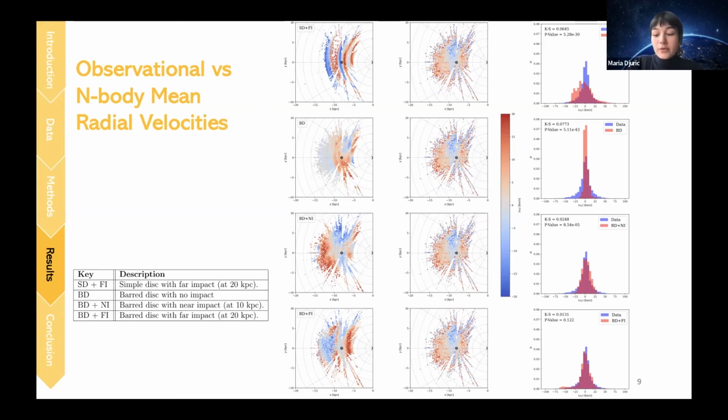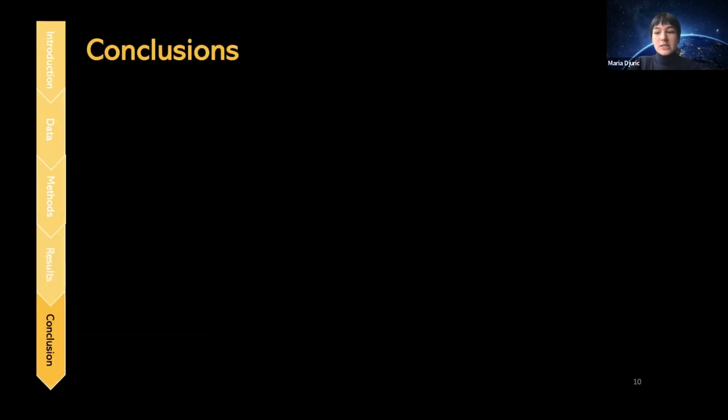It should be noted, though, that our data contains only red giant branch stars, which are much older and redder, and they form more diffused arms with tighter pitch angles as per the density wave theory. However, our models do not account for star formation and the aging of stars, so that should be kept in mind. So to summarize,